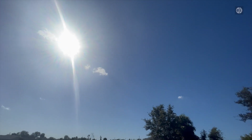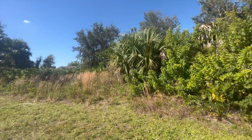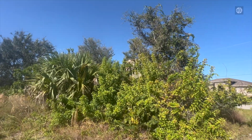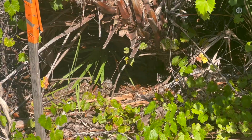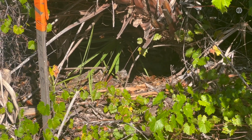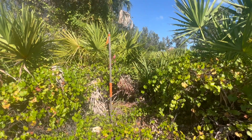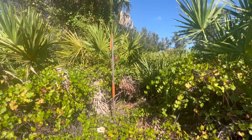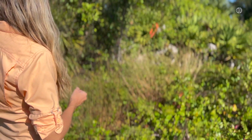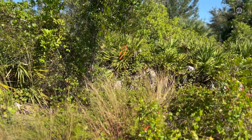At some point, we've got to be a little more environmentally responsible and conscious of what we're doing. Because do we really want everything wiped out? I don't think so. But how do we make that happen? We've had some Sarasota County land managers come down and do walks of some of our lots in Northport, and we're going to do it here too if we acquire this. Counting the plants, 50 different native plants on one lot. Everyone is different. So the orange flag indicates that the environmental agent, Jennifer from Suncoast Eco, came and walked it,